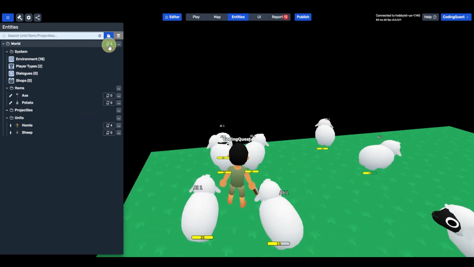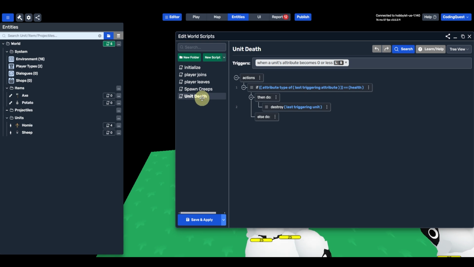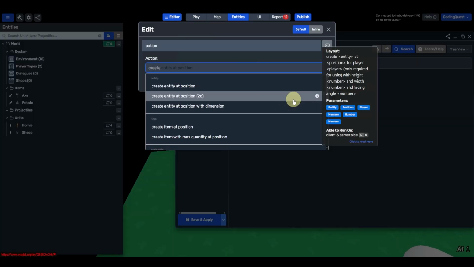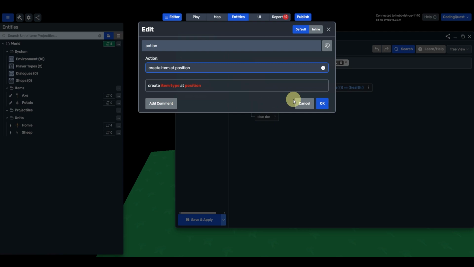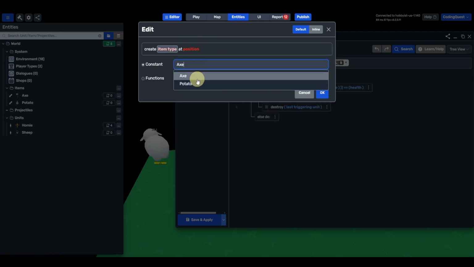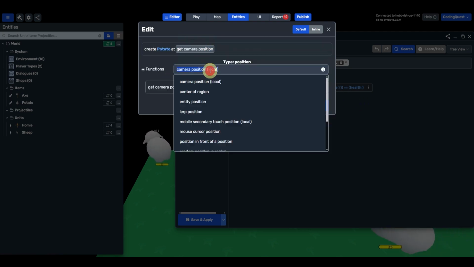And now what we can do is when we go to our script, we can add or create that object. We can create item at position. The item type will create a potato at the position of the last